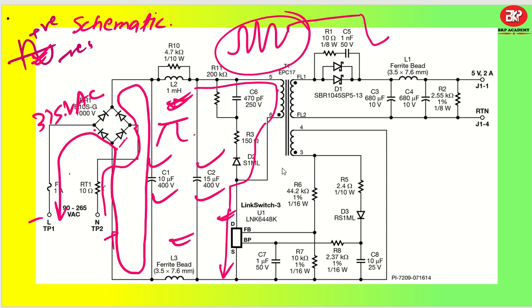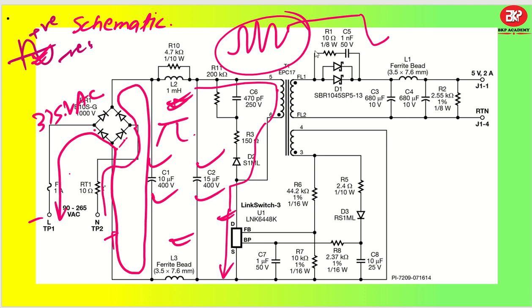Now we are going to talk about the secondary side, then we'll talk about the feedback and everything. So on the secondary side we have one Schottky diode which is going to rectify the secondary output. So this rectification is done by this Schottky diode. You can put one PN junction diode also to reduce the cost, otherwise a Schottky diode is always preferred because of good capacity and capabilities and speed, right?